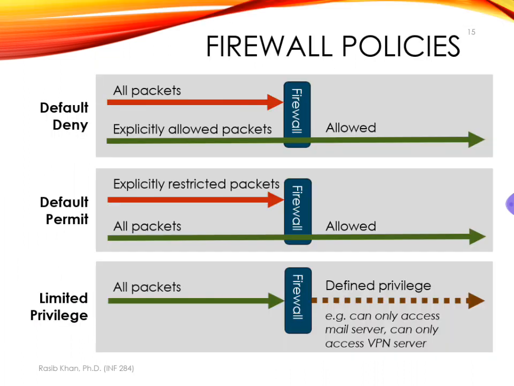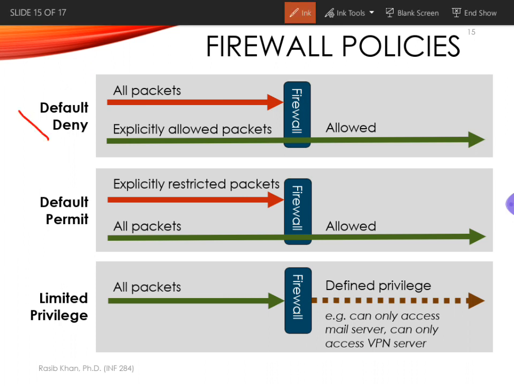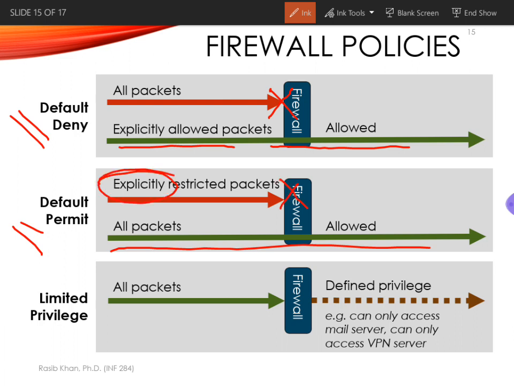So if we just try to look at how these would work, in default deny, all packets are stopped by the firewall unless it is an explicitly allowed packet, which will be allowed through the firewall. The default permit will allow all packets to go through the firewall unless it is explicitly restricted, in which case it will be stopped. And in the third kind, if we have a limited privilege, that means whatever packets